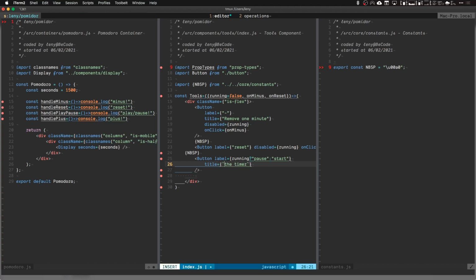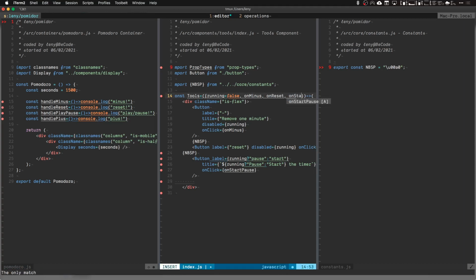And here we'll add a small interpolation, saying pause or start the timer. We also need an on-click action, and it will be the start pause callback sent